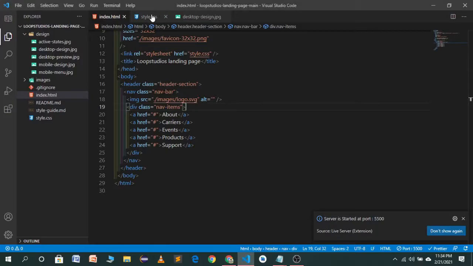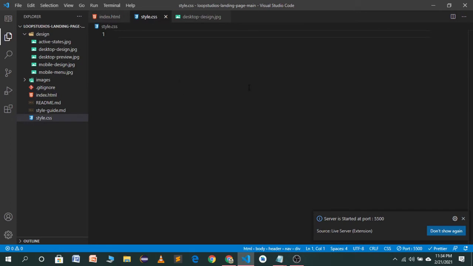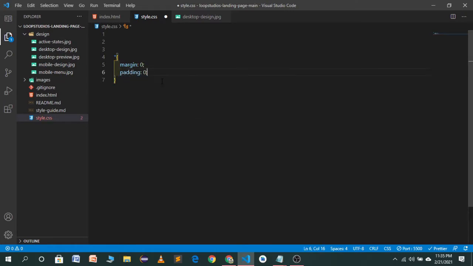As you will see, this design is looking quite ugly because we haven't designed it in our CSS file, and we don't have a logo because the logo color is white and the background is also white. So we have to go to our CSS file and style it. First of all, I will remove the default margin and set the padding to 0. I will set box-sizing to border-box.